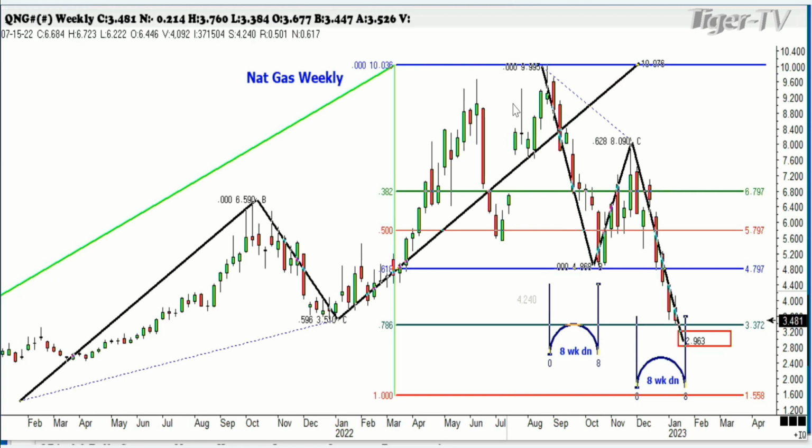Your A leg to the B leg, it took 7 weeks. The C leg to the D leg took 7 weeks, and the market stopped there and started to go higher. That's all I needed to know, and it was setting right near the price that looked like it could possibly reach. Now, what happened with the March, this is the February contract, but the March contract actually exceeded the ABCD